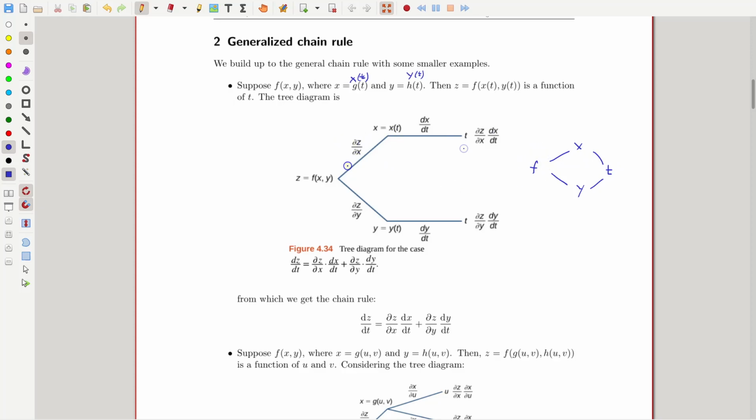So notice that f connecting with x and f connecting with y, you're taking partial derivatives with respect to x and y. But then for these, because x and y are both functions of just one variable, this derivative is a straight d derivative. And what you do to get the final chain rule, which is this,